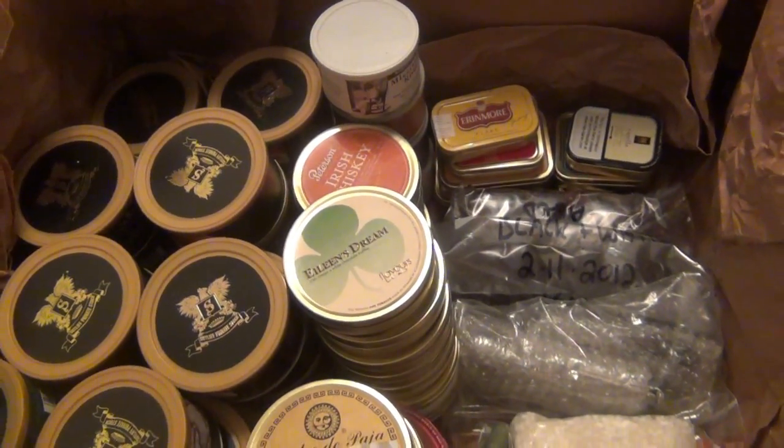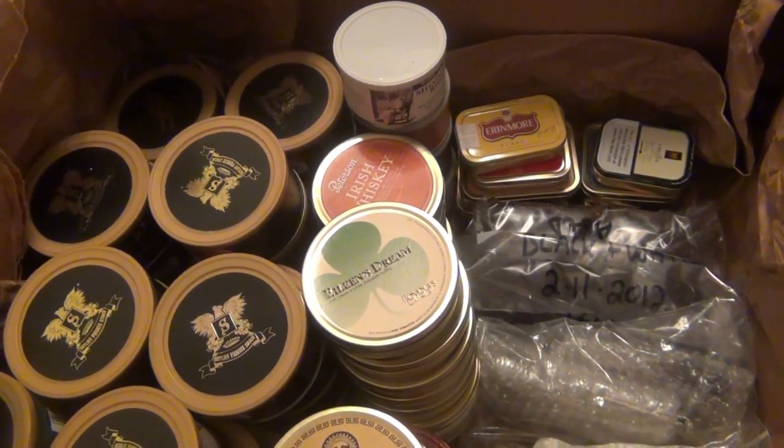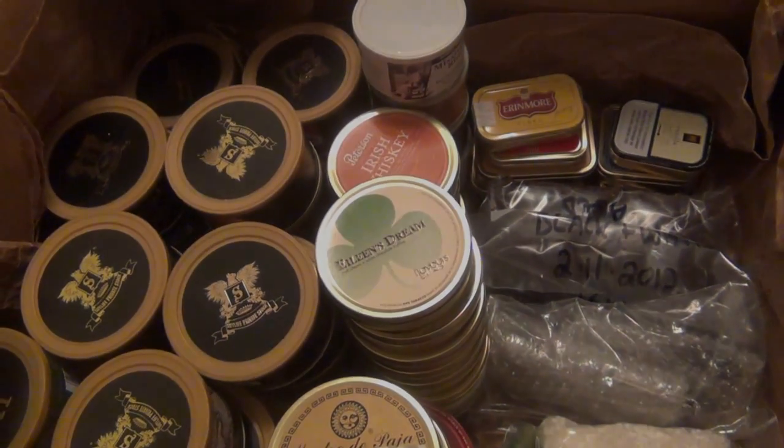So anyway, that's pretty much it. I'm going to cut film now, and then in a couple days when I get the trade, when the package comes in the mail, I'll put that video clip